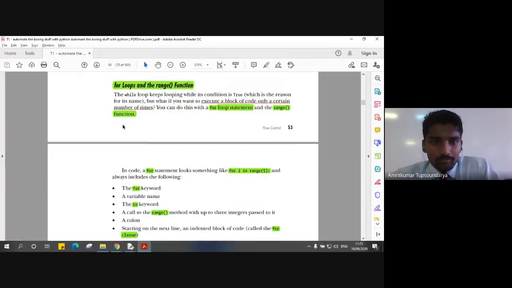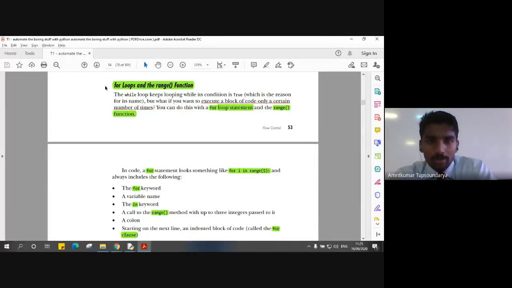Now let's see how a for loop and the range function differ. You all already know how a for loop executes, right? But how is it different from a range function? What are the things in the range function that are similar to a for loop? Though they might do the same task, there is a small difference in how a for loop and a range function differ, right?